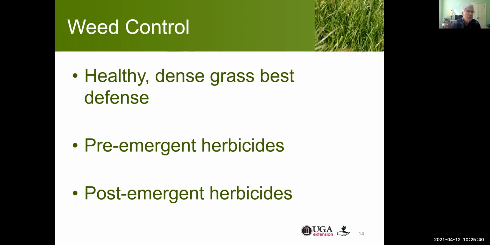The general principle is that a healthy, dense stand of grass will minimize your weeds. That's the best defense, so all these maintenance practices are working towards a good stand of grass. But as we know, even if you have a good stand of grass, those weeds are just out there, the seeds blowing in from wherever, dropping by the birds, et cetera. So herbicides, kind of the fancy name for chemicals to kill off weeds,